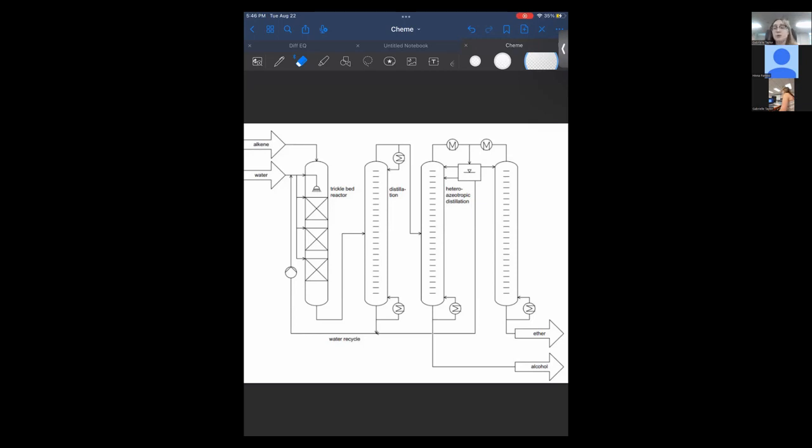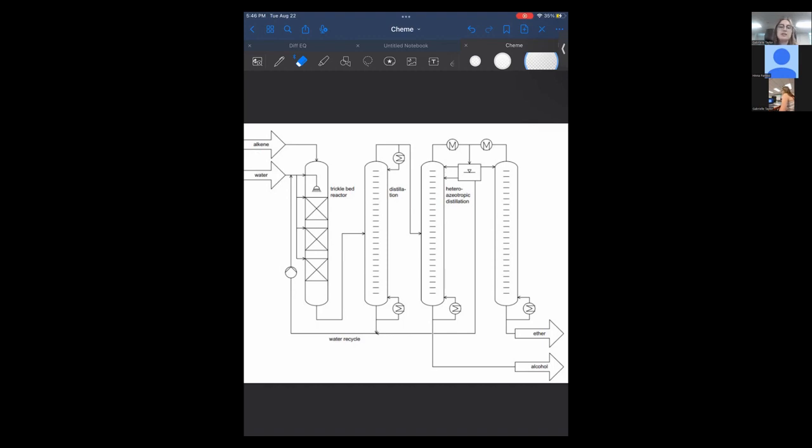Doing homework 5 part C. So you can see that this is the reactor that we had in part B. So we have our trickle bed reactor, our distillation chamber, and then our heteroazeotropic distillation. So in parts B, we thought of this as just an alkene and water